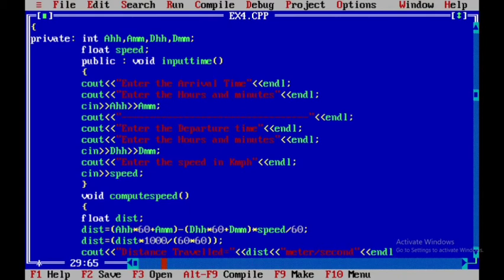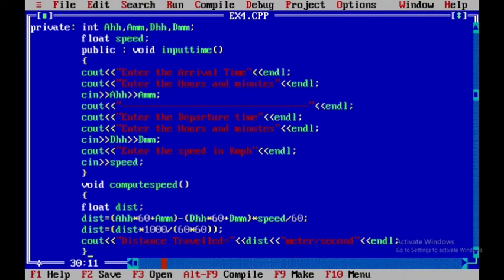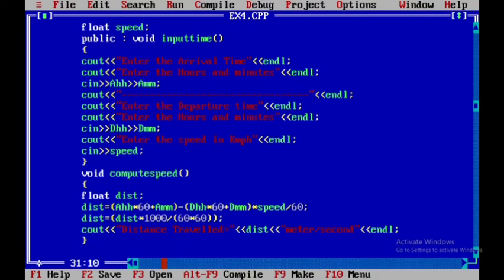This ends compute speed, and here is the ending of the class. Here the class scope ends. So we have two member functions, input time and compute speed. In the main function we are going to display.